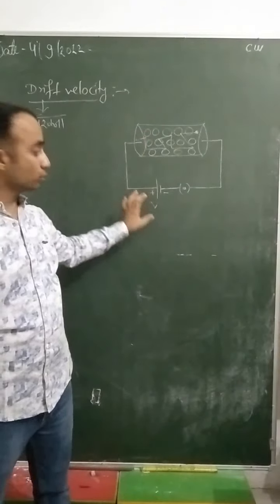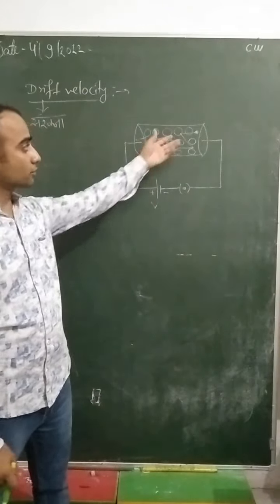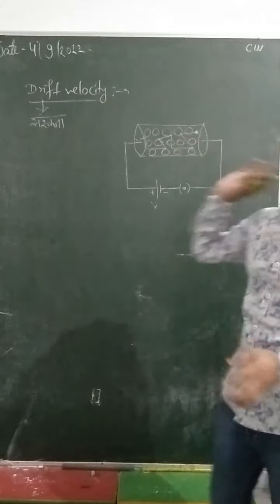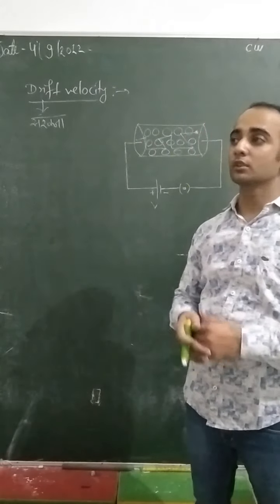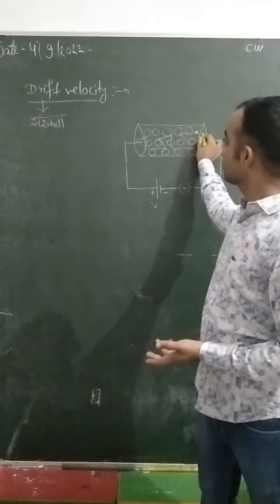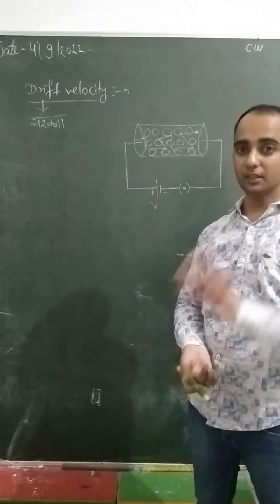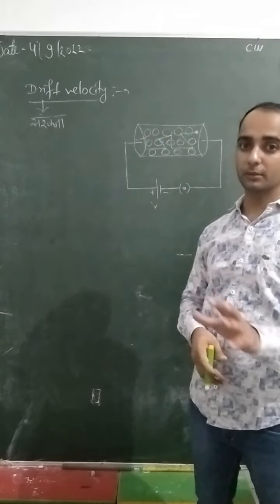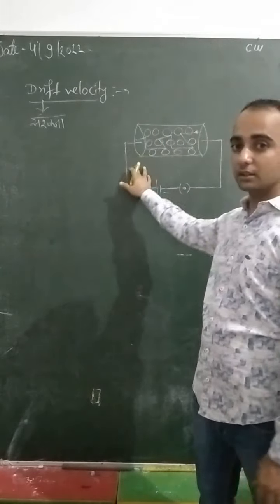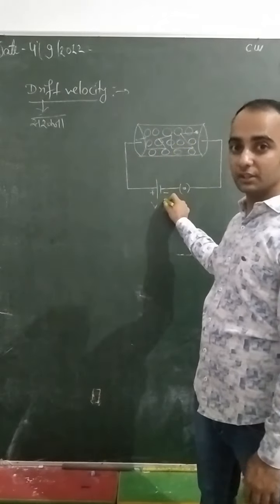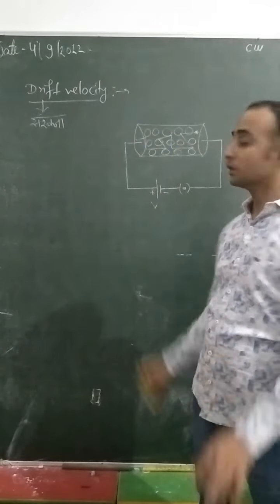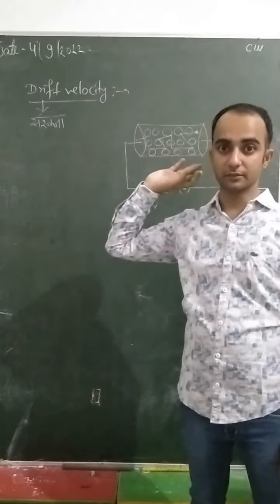What happens if we do not apply this potential? Then the electron will not tend to move from one end to the other end. It will move in between these atoms and collide multiple times, and it is possible that this electron will not come to this side. But we want current to flow in it. So to make the electric current, we apply a potential difference. This potential difference will give a force for the electron to move from this end to this end.